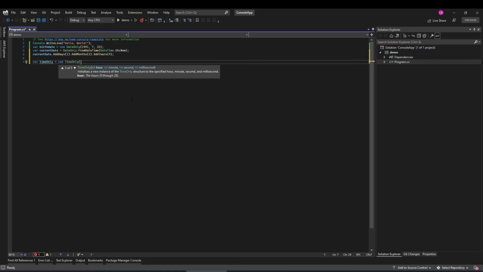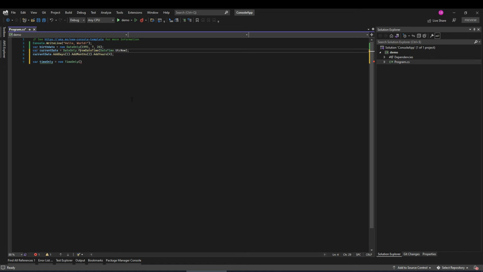And again, like date, it is possible to create the current time from a DateTime. So to show you an example, I will just copy that line and replace date with time, like this, TimeOnly.FromDateTime, and here I can get my current time. And for information, it's possible to perform some mathematical operations with TimeOnly instances,